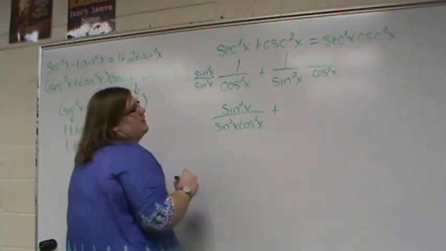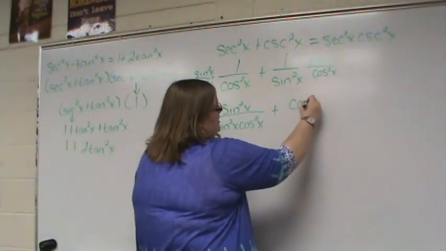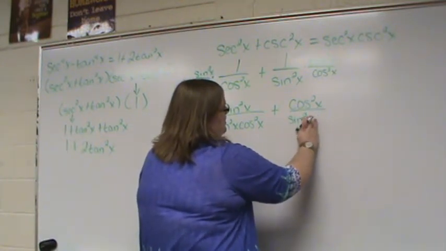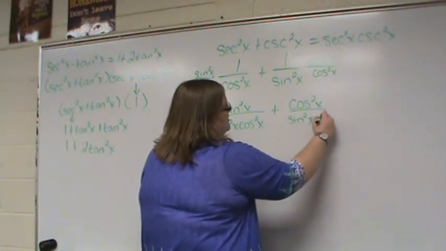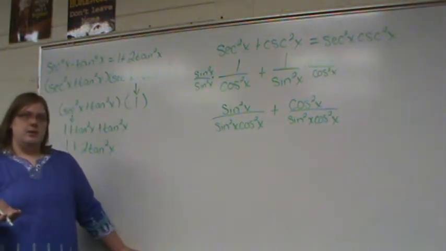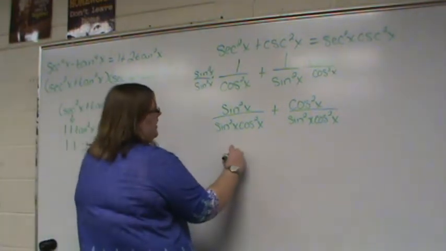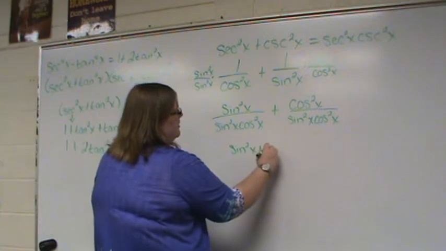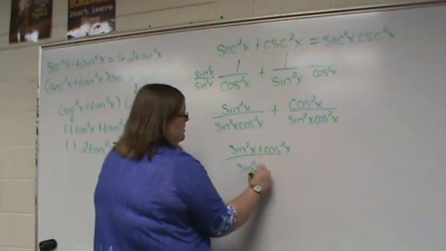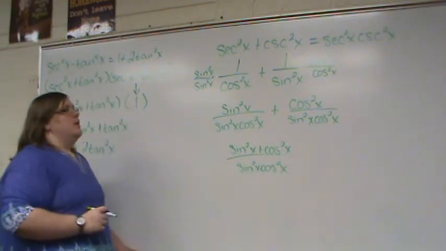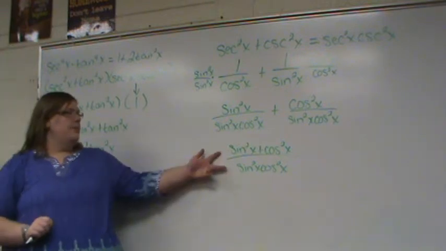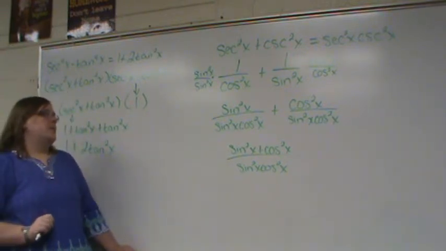And then I'm adding that to this new one, which is cosine squared x over sine squared x cosine squared x. So now, can I combine those two fractions now that I have a common denominator? So I have sine squared x plus cosine squared x all over sine squared x cosine squared x. Okay, so now, if I look at this new combined fraction,